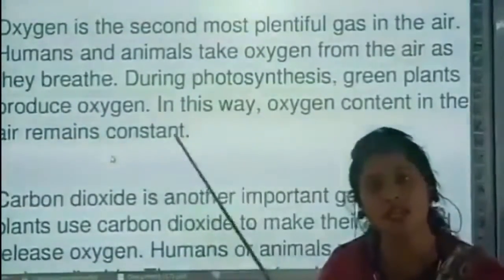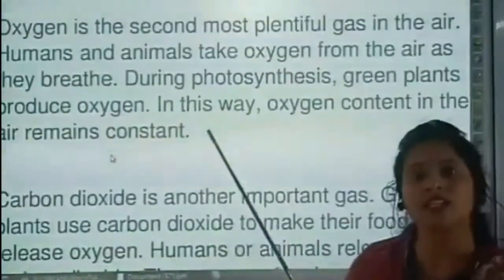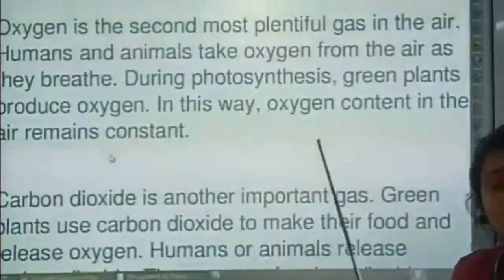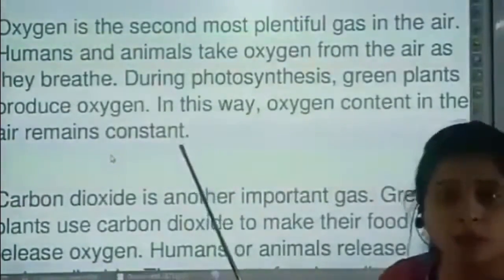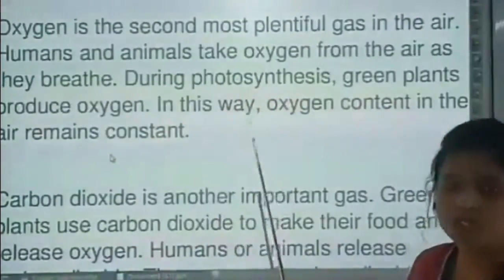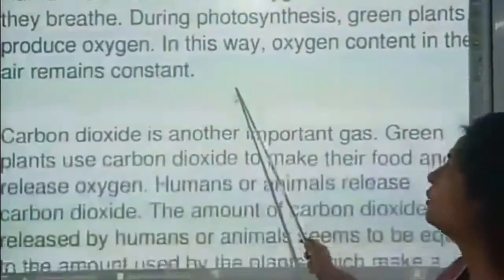That's why we always say: save the trees, plant more trees. Why are we saying this? Because plants give us oxygen, and oxygen is very essential for human life and animal life. So for survival, we need oxygen, and that oxygen we get from the plants. Now we are coming to our